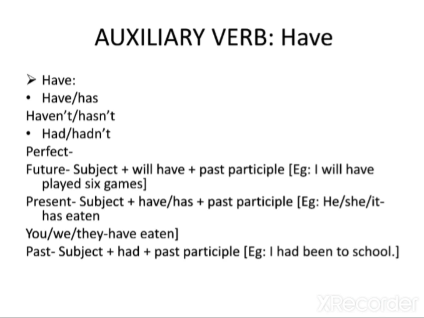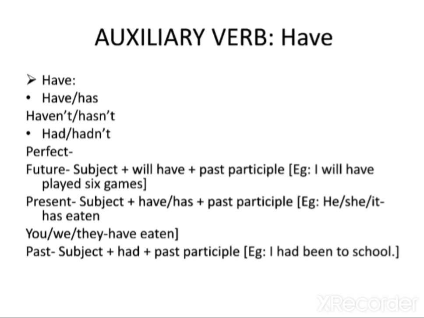The past perfect, all we are doing is changing has or have to had. Okay, I'm repeating for you. The past perfect, all we are doing is changing has or have to had. And this one is really cool because we don't have to worry about he, she, and it. They all use had in the past perfect tense.